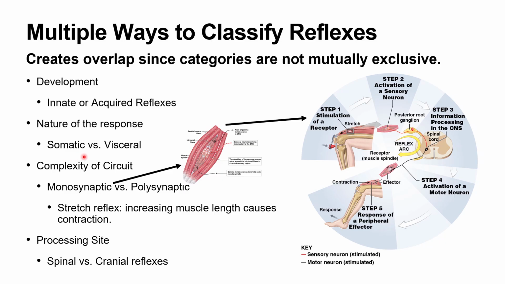We also have visceral types of reflexes, like we see with the ocular cardiac reflex. A visceral reflex is instead going to involve, rather than the effector being a skeletal muscle fiber, a visceral organ, like with the ocular